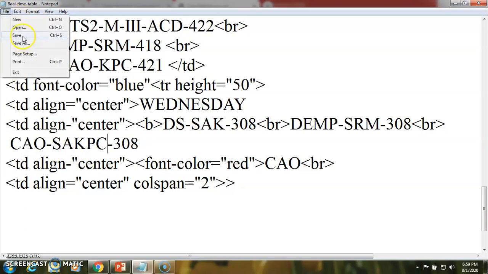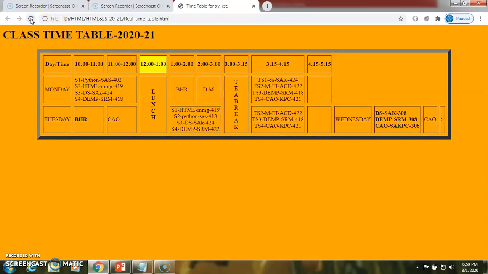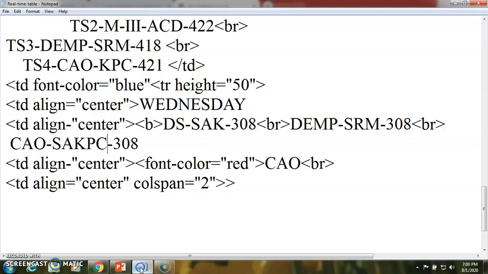So let us see the modification of these. We have not got the particular output, so let us modify that in a proper way.